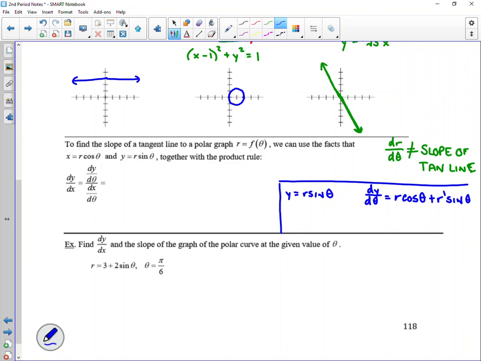What? No, it's a variable. And then x equals r cosine theta. So dx d theta is r sine theta